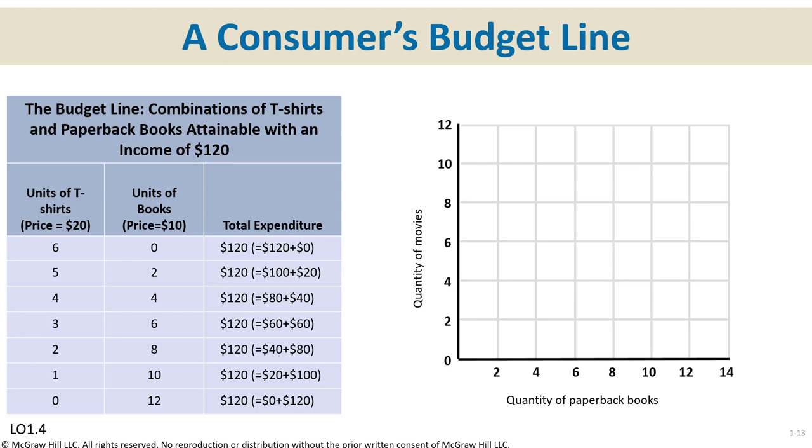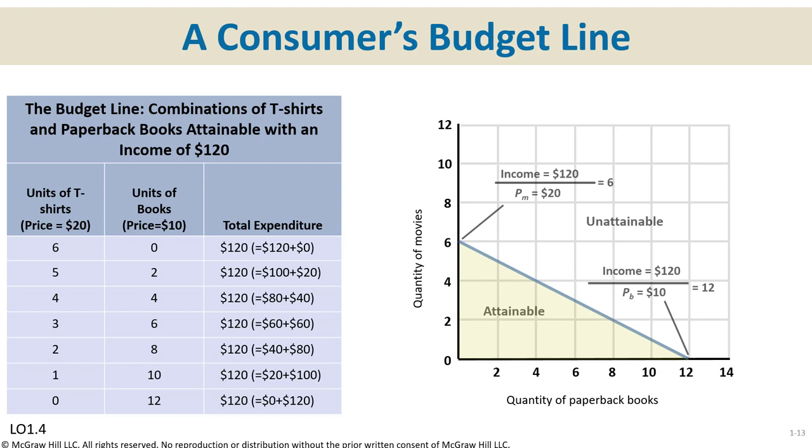Now, we're going to give an illustration of trade-offs. A combination of just two goods. And here we have t-shirts and books. For the sake of argument, you get a gift card. Start a new job, excellent work, and the manager gives you a gift card worth $120. There's a store down the street where it's a gift card to, and they sell books and t-shirts only. All the t-shirts are $20. All of the books are $10.